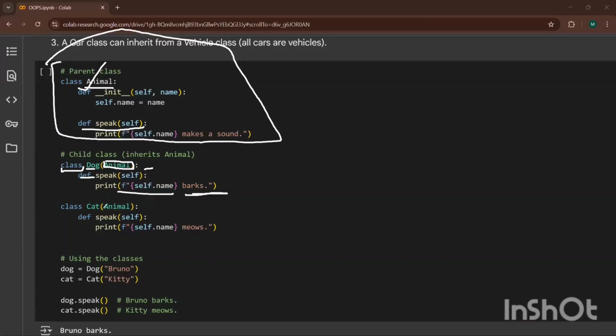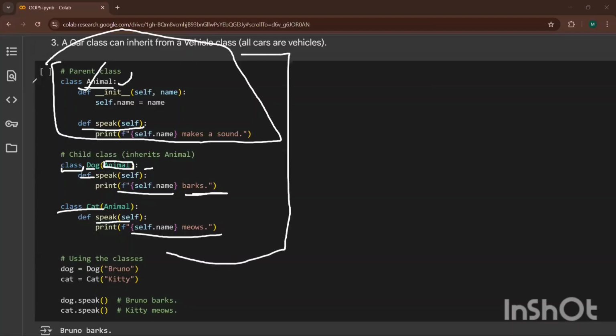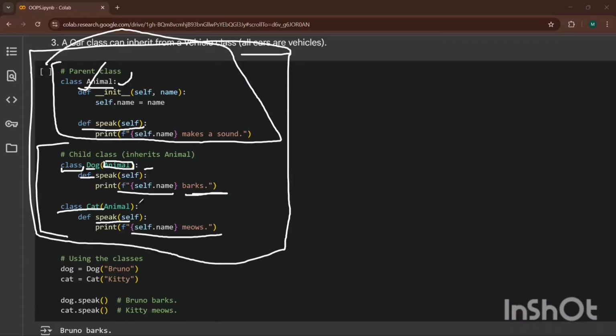And then do the same thing for the Cat class. Again, put Animal inside the parentheses because you're inheriting. Def speak(self), and self.name meows. So this is what the parent class and child class look like. This is known as inheritance.